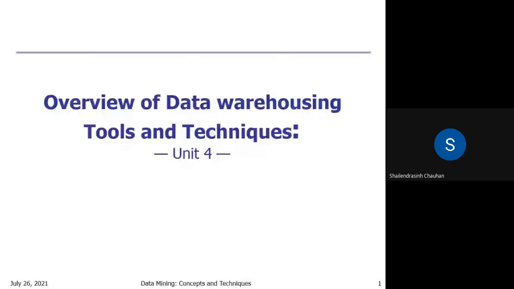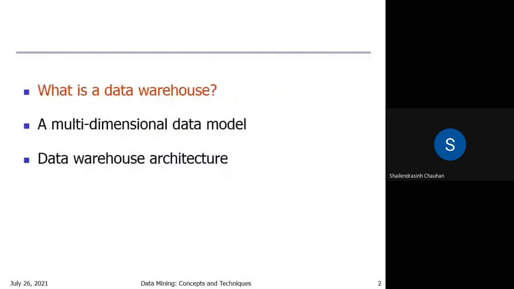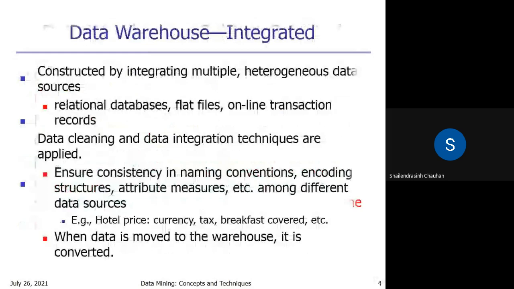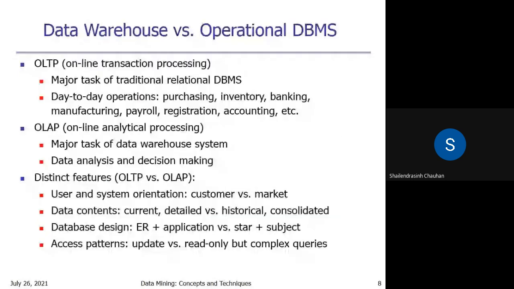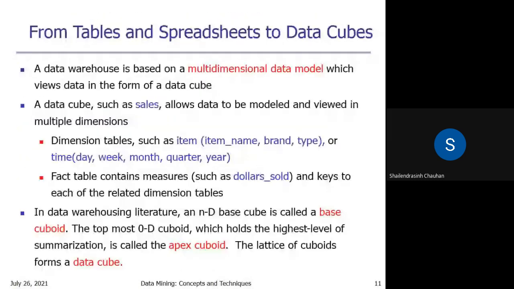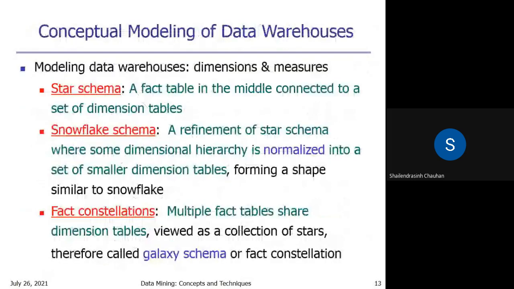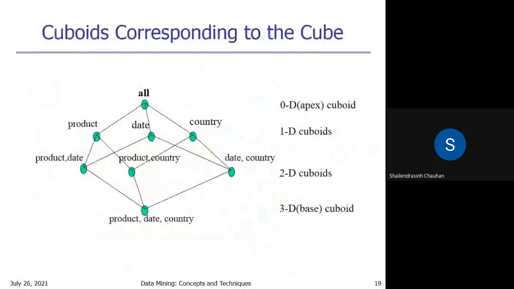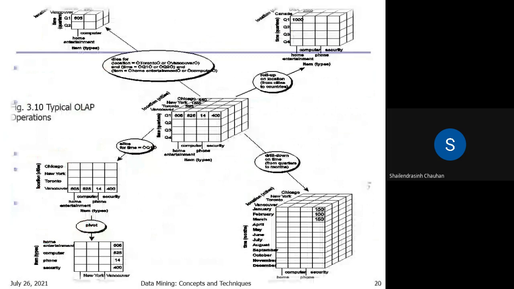Until now, we have discussed basic things on data warehouse. We have seen the definition and the four keywords included in that definition. The basics on OLTP, OLAP, data warehouse versus database management system. Difference between OLTP, OLAP, and multidimensional data, schemas, operations. And this was the last topic that we had discussed in the last lecture.